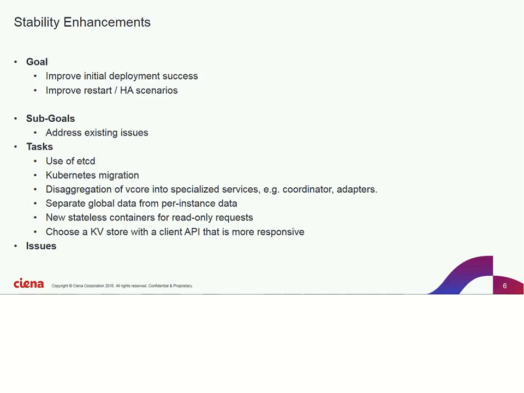So for example, Kubernetes migration is a 1.3 effort. The use of etcd is probably going to be done by 1.3, yes, right? But the intent is that all this will be complete by 2.0. Okay. So as a whole, the idea is to get all this done by 2.0. If stories are done in 1.3, they should be JIRAs in 1.3 and marked as completed. They won't be submitted though. They'll be done in 1.3 but not submitted. They'll be in a staging area that we're doing testing in. Right, not going to be in master. Exactly. They won't be submitted. They're not going to be anywhere other than in a local repository. Right. They'll end up in master as of 2.0.